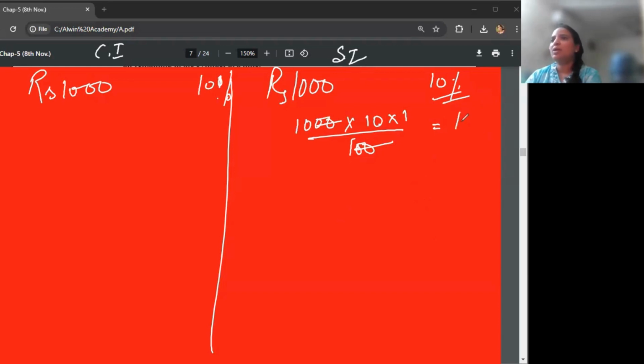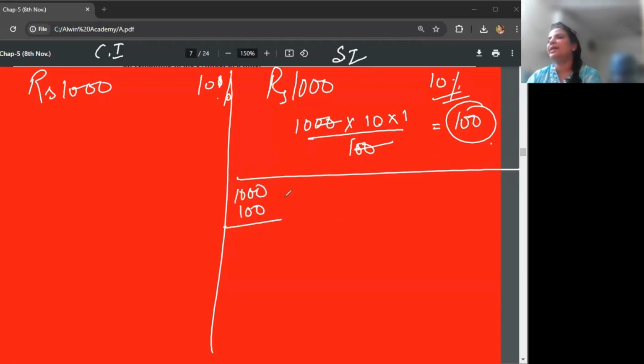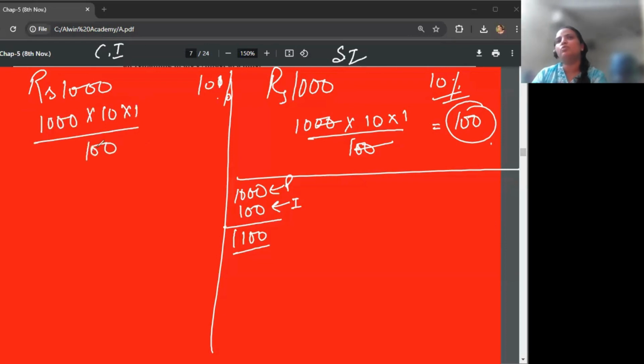भूल गए, सब आगे बढ़ रहे हो तो पीछे का इरेज मत करो. तो 100 रुपये बैंक ने आपको इंटरेस्ट दिया, राइट. तो फर्स्ट ईयर के एंड में आपके पास क्या हुआ, 1000 रुपये आपके थे, 100 रुपये बैंक ने दिए. This is your principal, this is the interest given to you. आपके बैंक में अब 1100 रुपये हैं और दोनों तरफ सेम ही काम होगा. कंपाउंड इंटरेस्ट में भी वही हो रहा है, हालांकि कंपाउंड इंटरेस्ट का बाद में फॉर्मूला कुछ और करेंगे, लेकिन 8th में किया था, लेकिन अब भी मैं उस पर बात नहीं कर रही हूँ. तो यहाँ पे भी 100 रुपये ही दिया बैंक ने आपको,